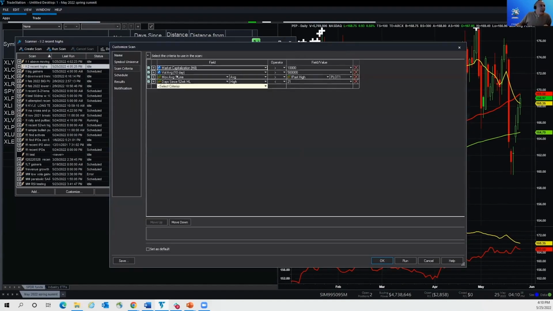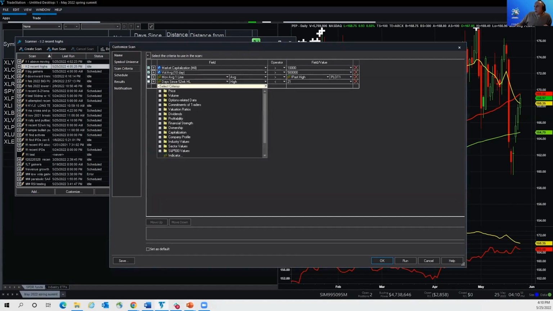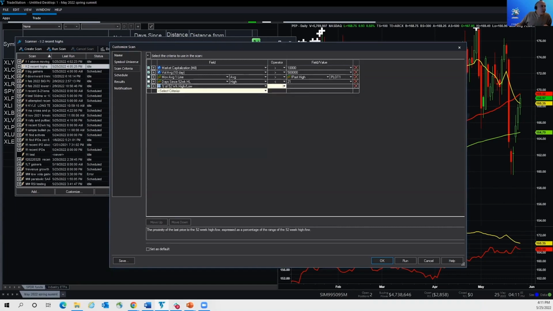So what I'm going to do is deselect these two, and again, we are on slide 11. I'm going to add price, and where is the percent within its 52-week range? So if you go to price, and then you go to percent to 52-week range,